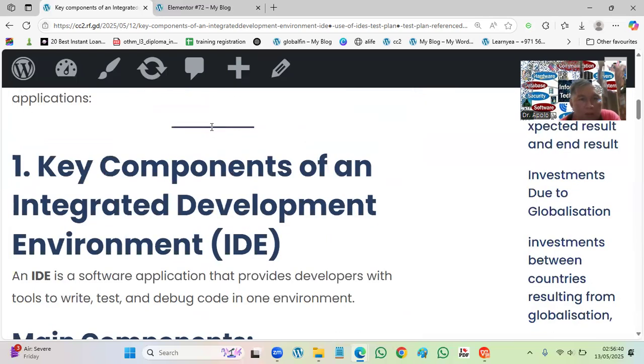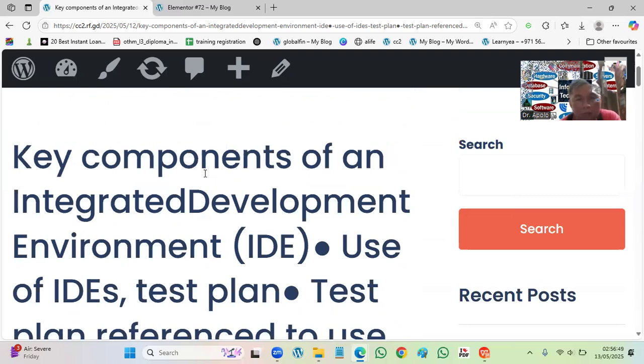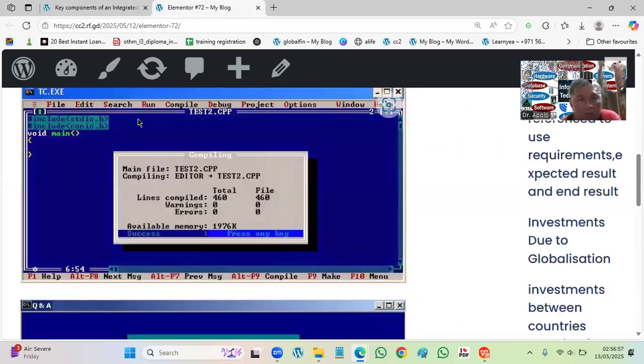So we have covered that the IDE is the most important thing in developing a program. Actually, you can write without an IDE, but it's very difficult. With an IDE, it is very easy to write a program because there is compile, run, search, edit, project options, and then method.